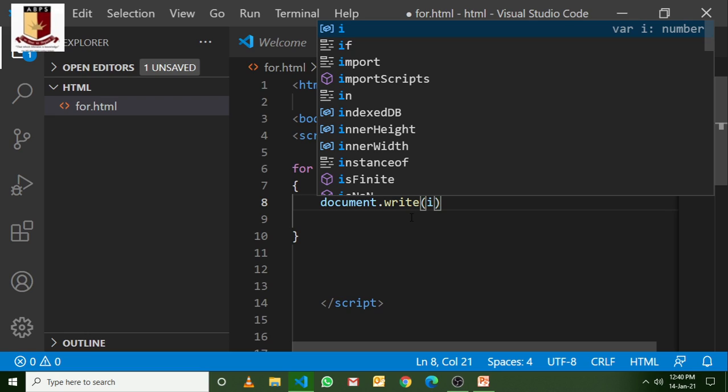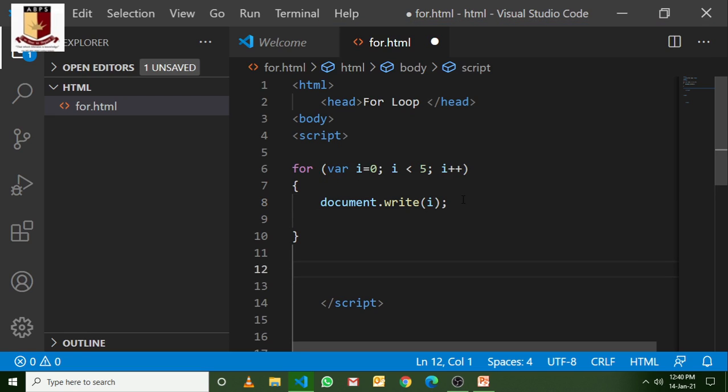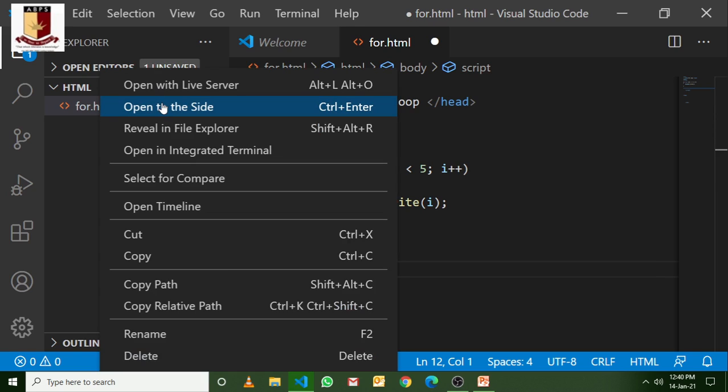So this code you already made. Now go to the program and run it. Let me open it, just check what will happen. It's saying for loop 0 1 2 3. It's actually not coming in a proper way.